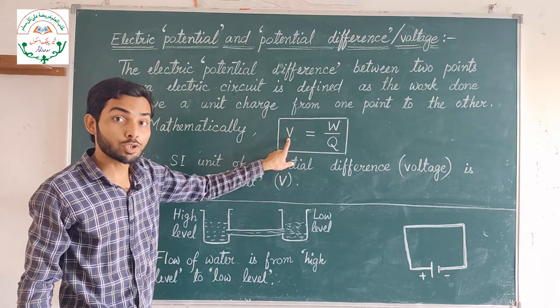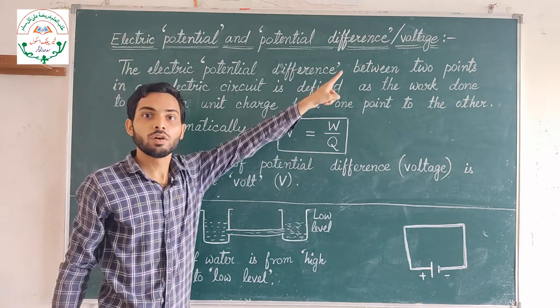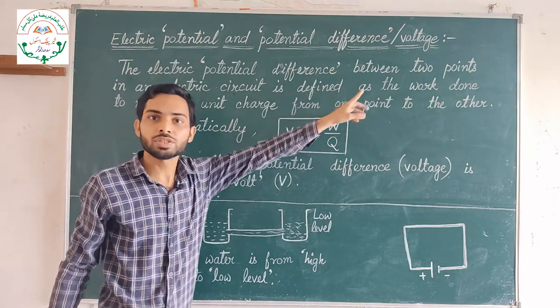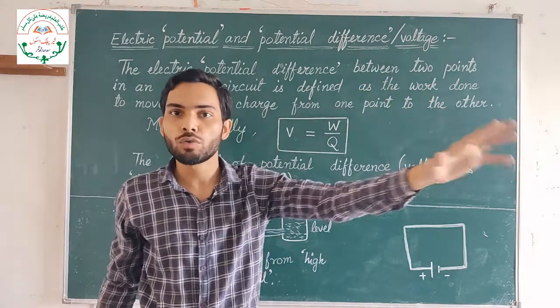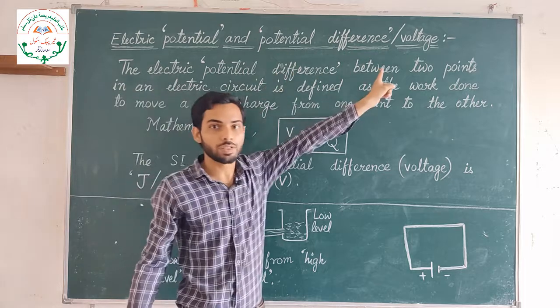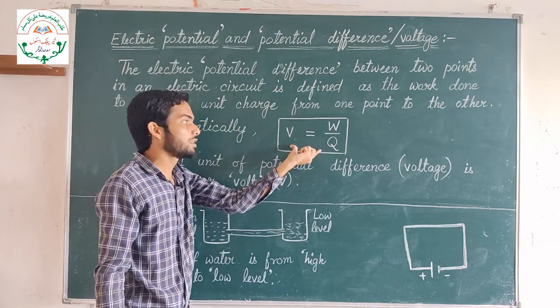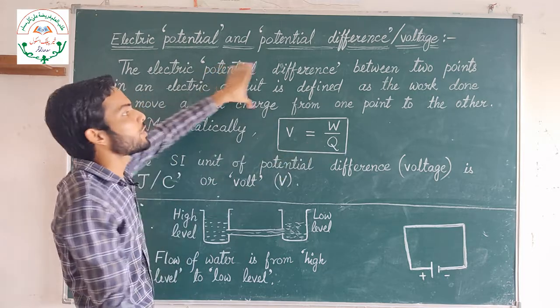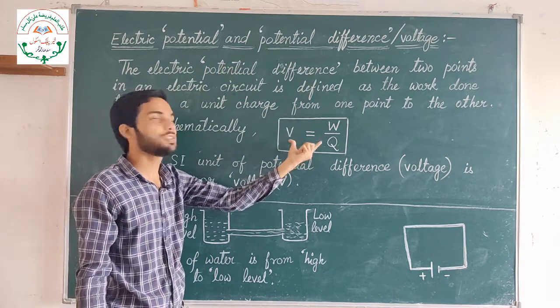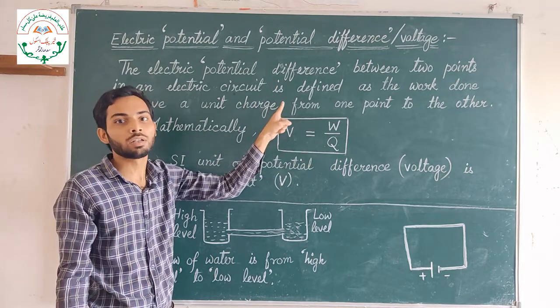Voltage, we can also say potential difference as voltage. Potential difference is also known as voltage, which we often use at our homes, that the voltage is low, voltage is high. So what is voltage? Voltage is nothing but potential difference. So the formula of voltage or potential difference is given here. According to our definition, we are deriving the formula. This is nothing but the mathematical form of the definition.